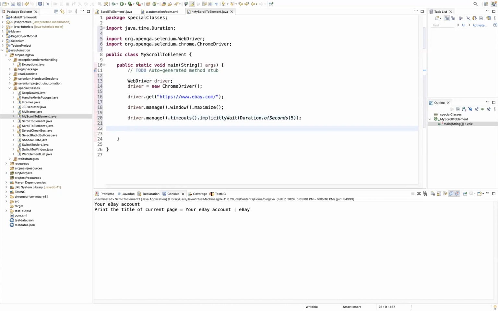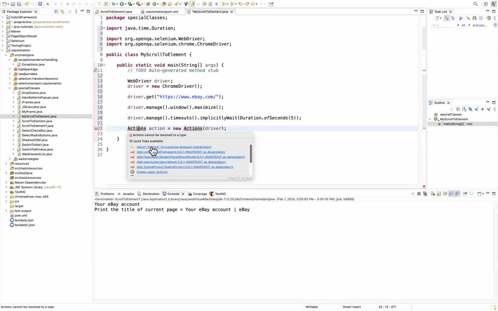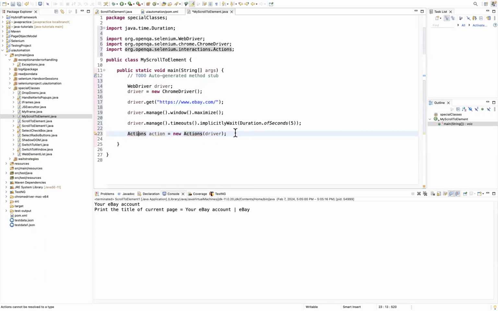After this one, let's write the Actions class: Actions action equal to new Actions, and then pass the driver here. Now let's go ahead and import the Actions class. All right, now let's create